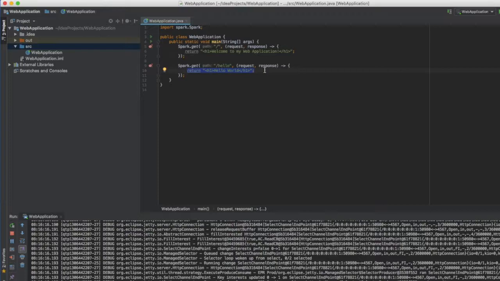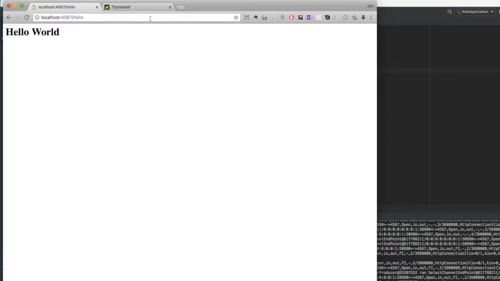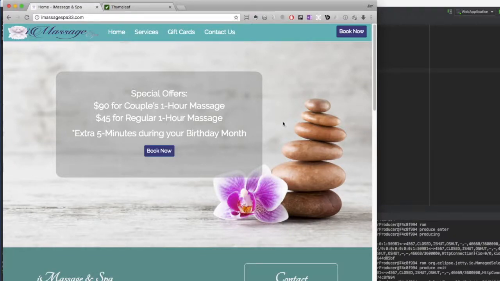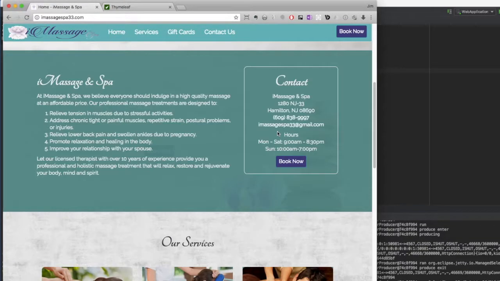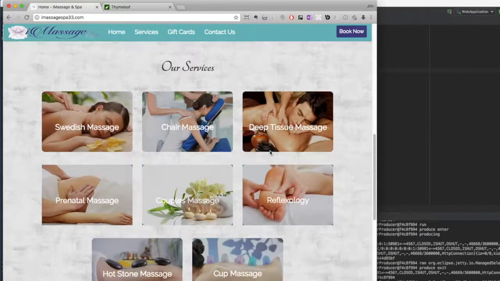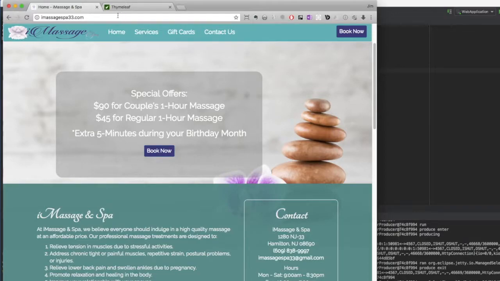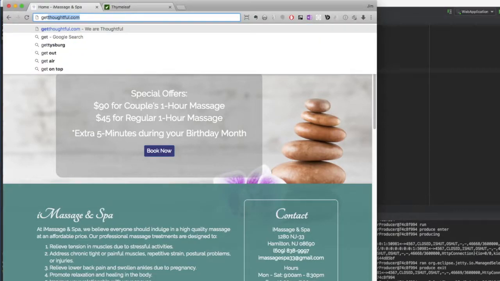So I use Thymeleaf in all my applications. Some of the web applications I created using this Spark and Thymeleaf combination: I created a website for a massage business, and this is all using Java and Thymeleaf. I also created a custom application